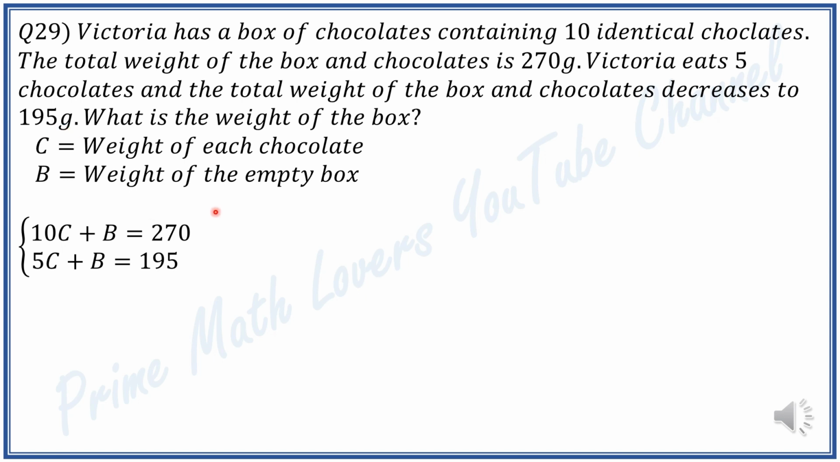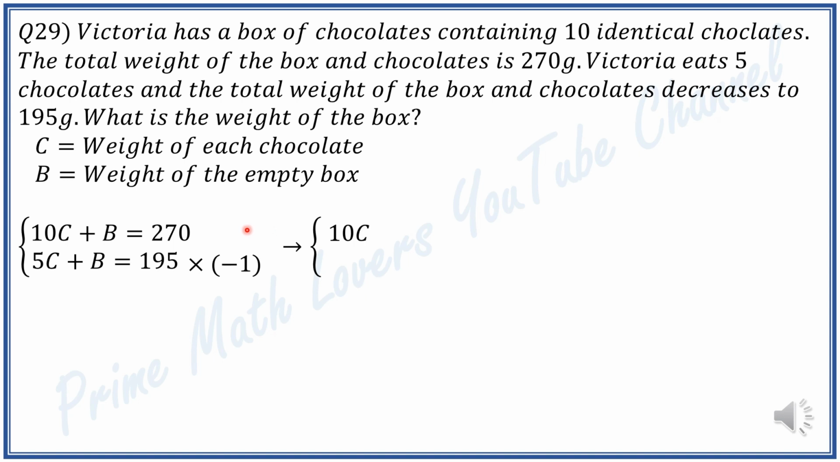So now we have a system of two equations. For solving a system of two equations, we can use the elimination method. In the elimination method, our aim is to eliminate one of the variables from the system of equations. Let's choose to eliminate B in both equations. The coefficient of B in both equations is positive 1. To make these coefficients opposites, we multiply the second equation by negative 1,